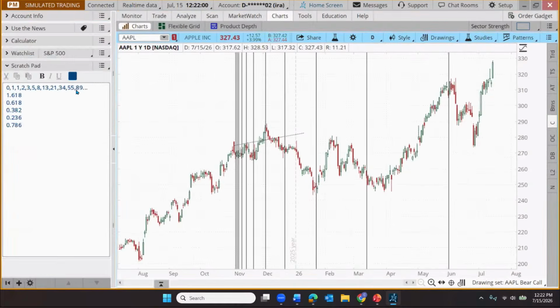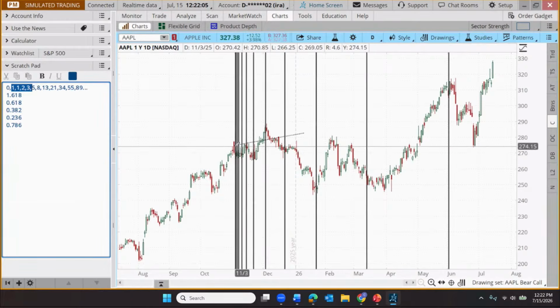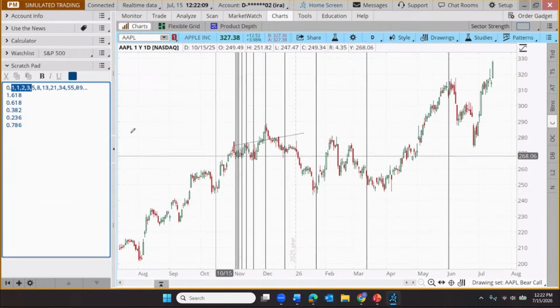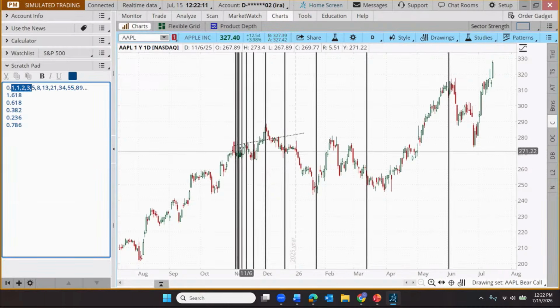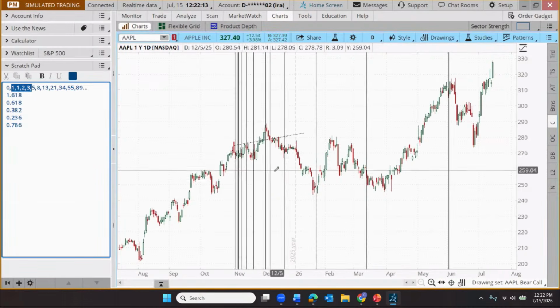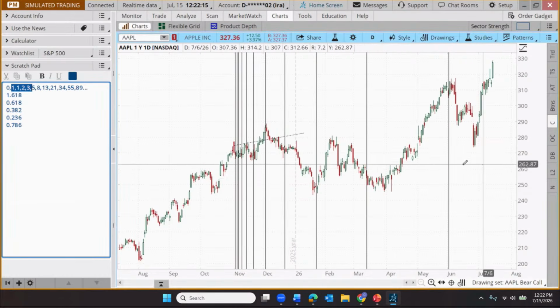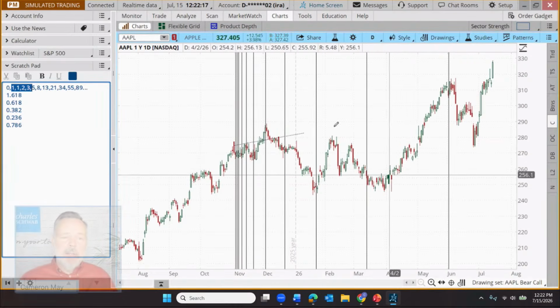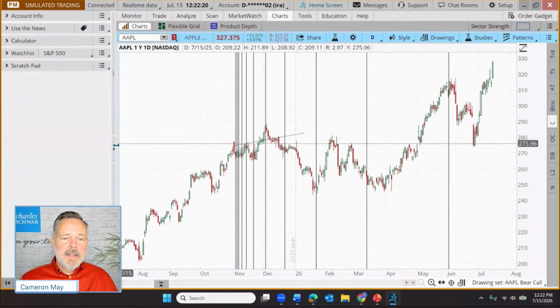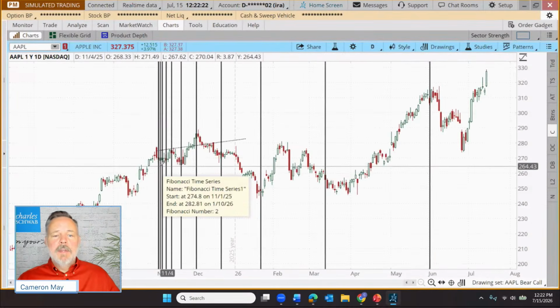And then these lines are just drawn out according to this sequence. So the first line is drawn at that's day one. And then we go out one more day. Then we go out 2 days, and then 3 days, and then 5 days, and 8 days, and 13 days, and so on. So that's how the time series is determined. It uses the numbers in the sequence.